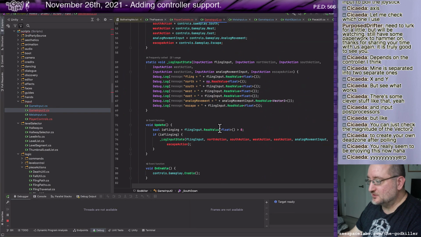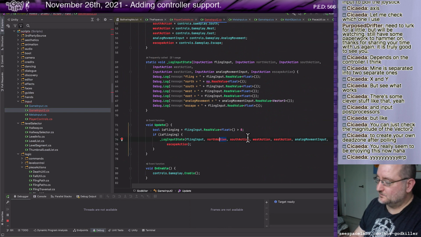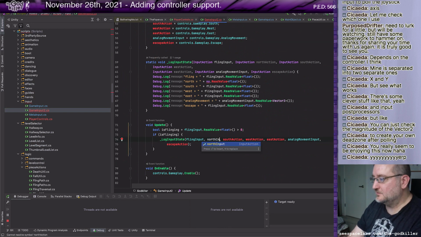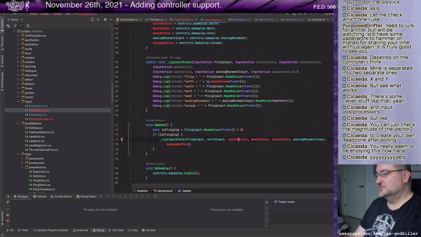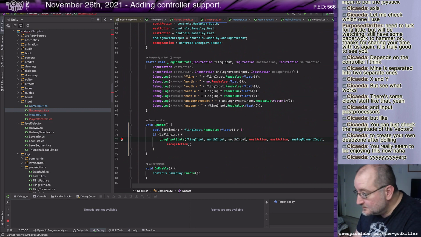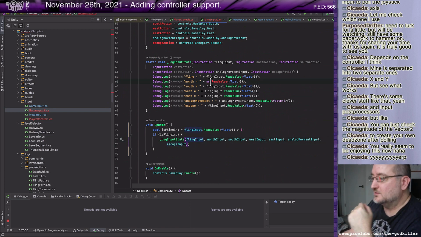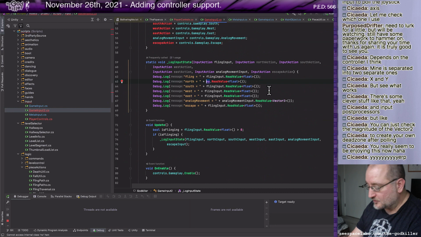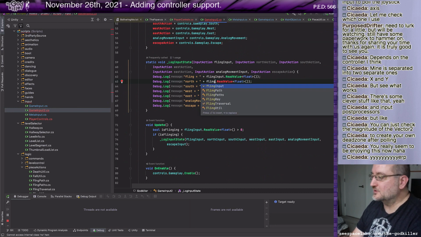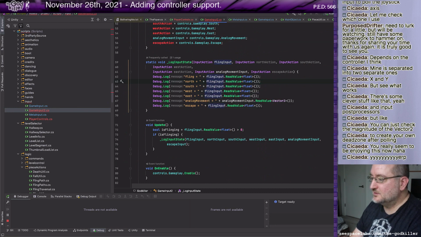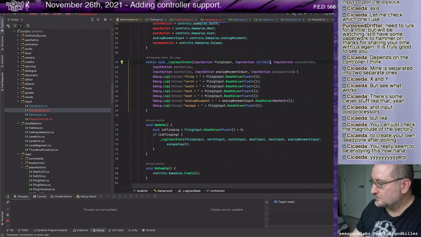Lack of consistency is like technical debt. Maybe that's an overstatement, but it does feel like if I just keep on putting in junky names of things, eventually it'll bite me in the ass. Or I'll have to think about the code longer each time I look at it because I've given things bad names. Okay, so this is going to be north input.